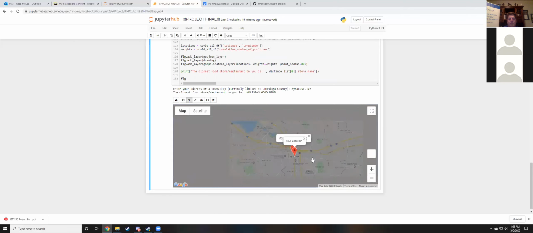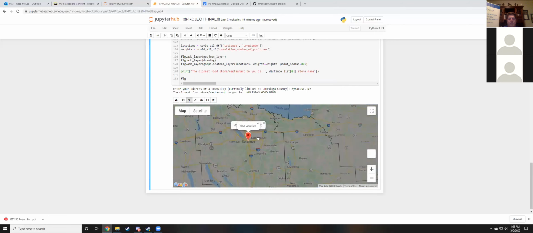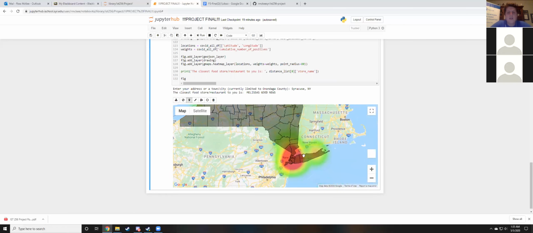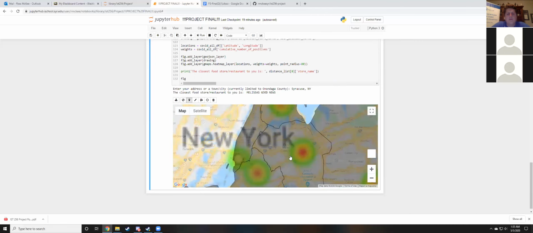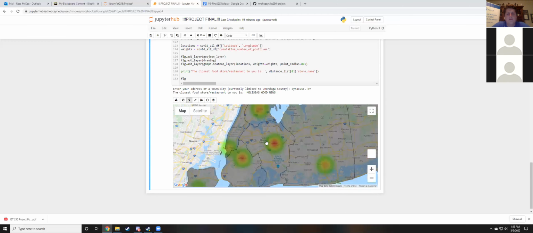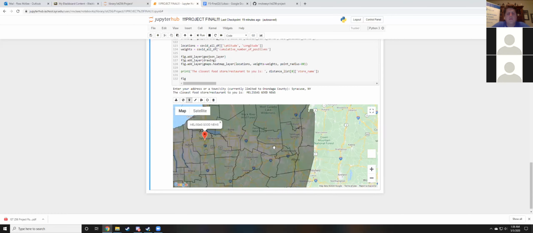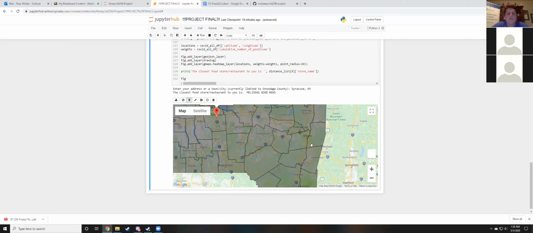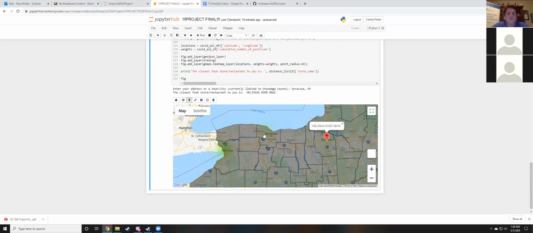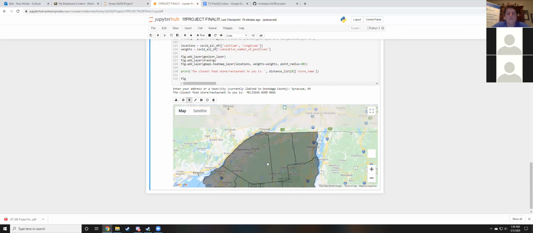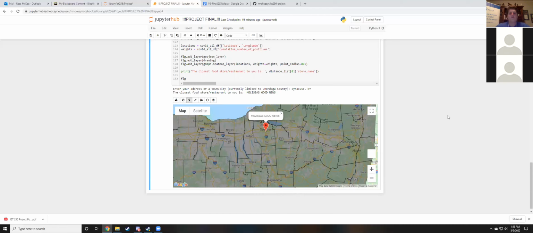In addition, this map also has testing data for the entire state of New York, and it's in heat map form. So you can see over by New York City, it's a dark red circle. You can see we went through the different boroughs and found all the data for that. But the testing data was so small in comparison to the New York City area that it barely shows up anywhere else except for a little bit around Rochester and around Buffalo. That is about it as far as the program goes. Thank you. All right. Thank you for